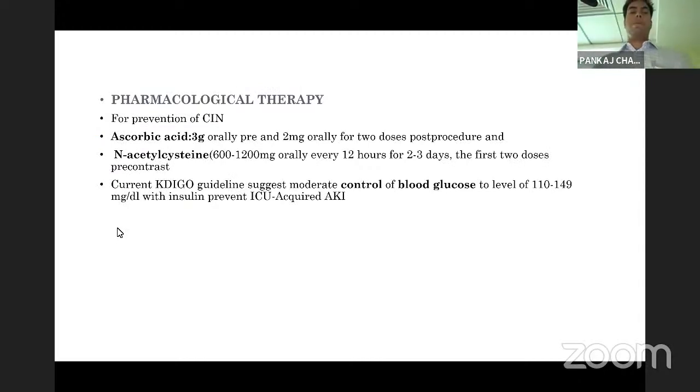Pharmacological therapy for prevention of CIN, contrast-induced nephropathy. Ascorbic acid can be used, 3 gram orally pre-contrast and 2 gram orally for 2 doses post-procedure. N-acetylcysteine in the dose of 600 to 1200 milligram orally every 12 hours for 2-3 days, and the first 2 doses are given pre-contrast. Current KDIGO guidelines suggest moderate control of blood glucose to a level of 110 to 149 with